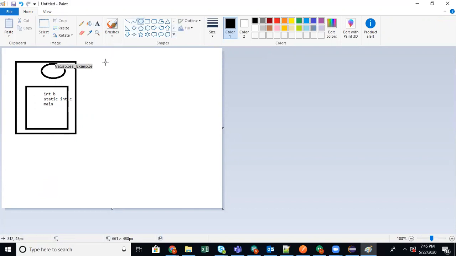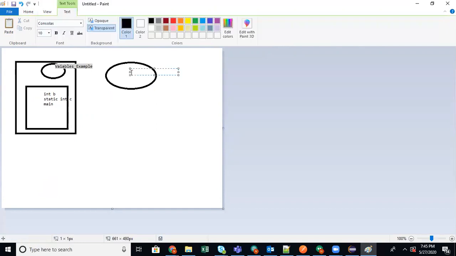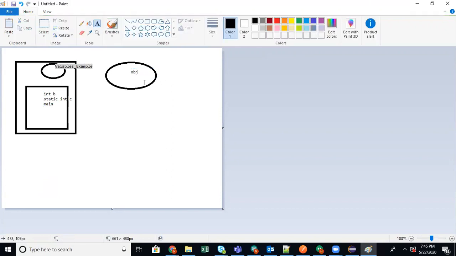Now you are creating one object. You can create multiple objects for the class. Each object will have a copy of these things. So you have created one object called obj. When you create it, this obj will hold the instance variable. So whatever instance variable it has, it will take that copy.